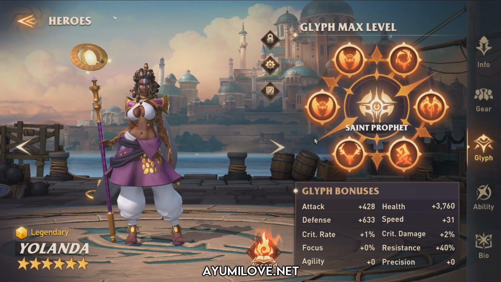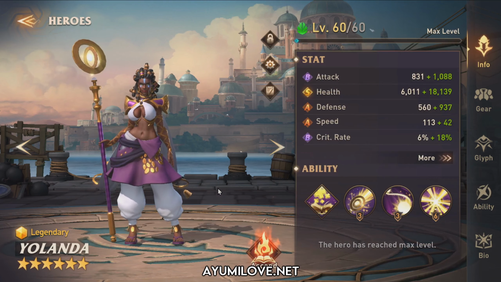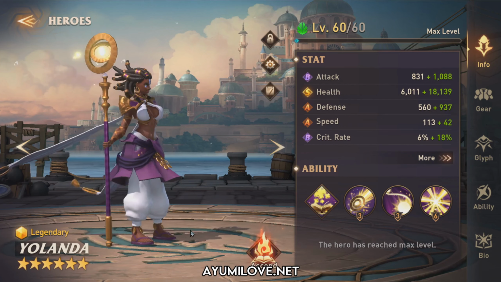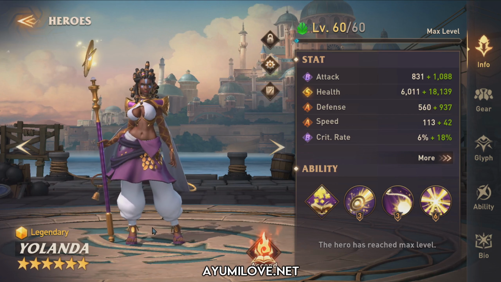Alright, so for Yolanda's glyphs, they're all basically maxed out, as well as her abilities. I recently pulled her after obtaining a bachelor from my 10 pool advanced summoning crystals that I did not record. So I was lucky to get her so that I can try it out